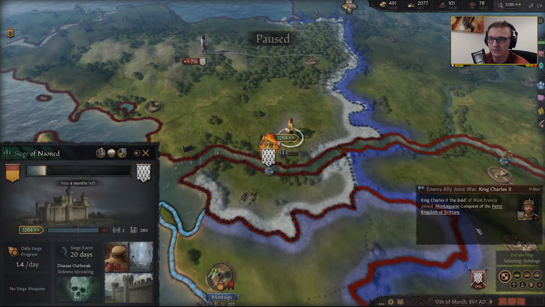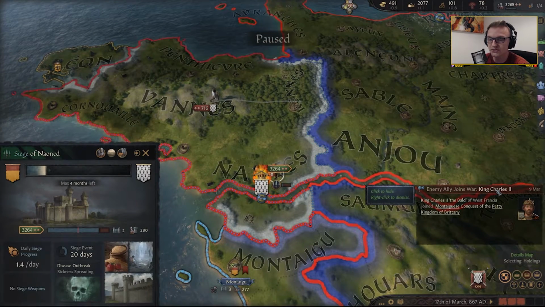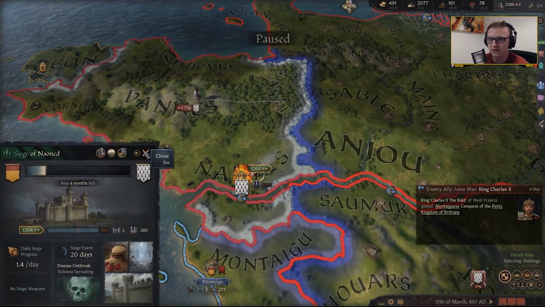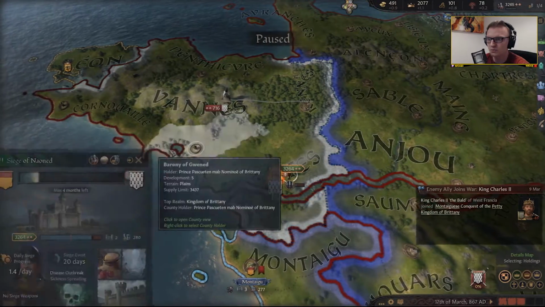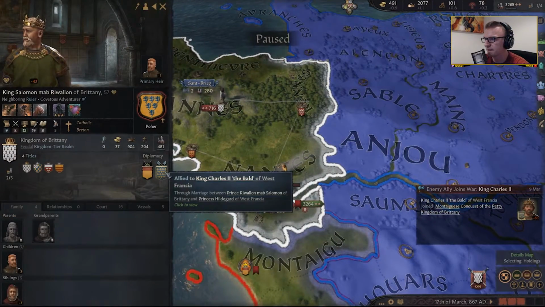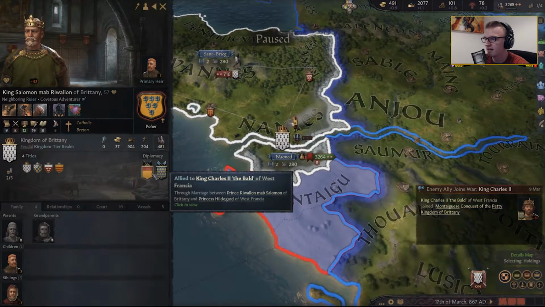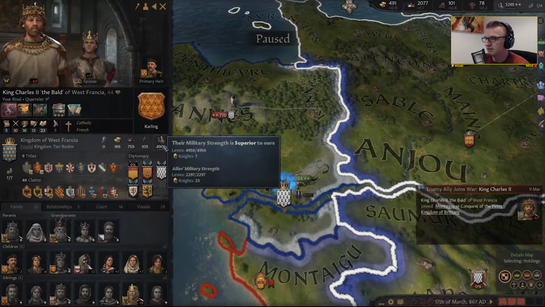Oh, hang on. Hang on a minute. What, King Charles II joins? What? Enemy ally joins war. Wait, he wasn't an ally to him. Wait, he was? I swear I didn't see that. Okay, this might be a little bit more tricky, because he's got...